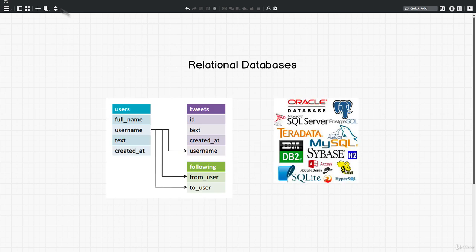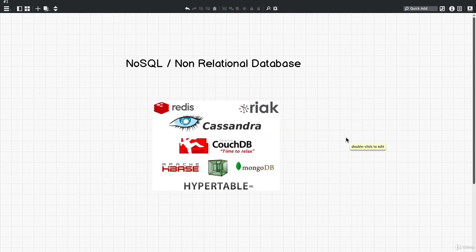If we go back to relational database, this schema or these tables have to kind of be predefined, right? We need to know how our app is going to look, make these tables so that once the app is public, we can start entering user information and tweets and followers. With a NoSQL or non-relational database, we can just define it as we go. And they all have different ways of storing this information. So each one is very, very different.